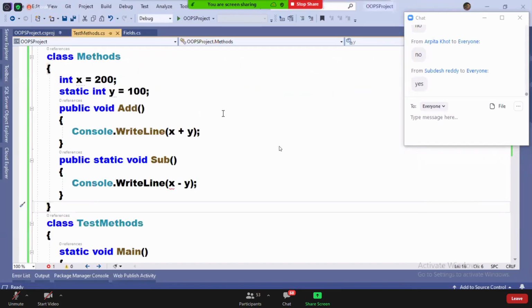Guys, understand what I'm telling you. Is the add method static or non-static?